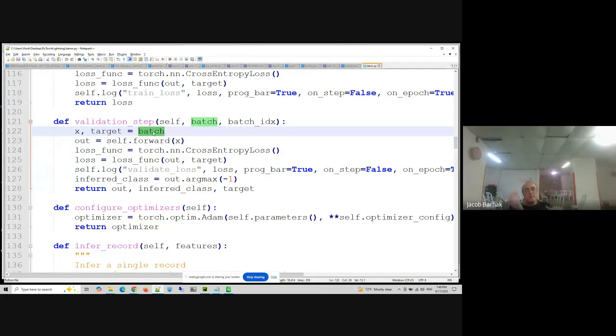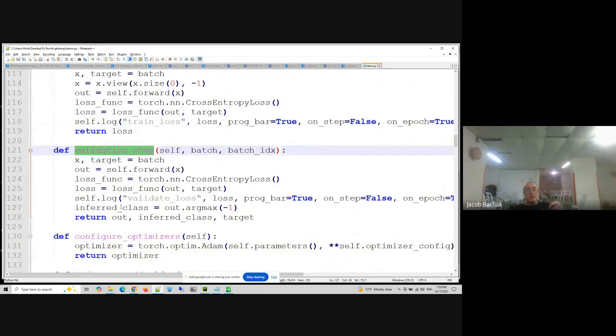It can be 1,000 records, depends on how much you do, but usually you keep it around 16 or 32, but it depends. I've seen neural networks do something else too. So this is how we calculate the validation step, and it has to return those values. It's kind of boilerplate. It will turn out most of the time very similar. Your code will be very similar to every classification neural network, or very similar to this to some degree, with some small tweaks.